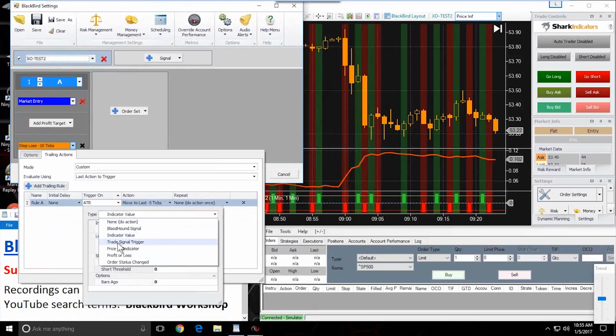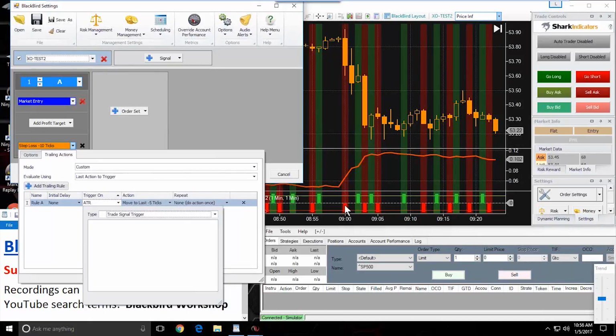So we're talking about the trade signal trigger here, right? The Bloodhound signals that are on here, those are the trade signals. Let's say right here where my cursor is. Actually, let's take a look at the short at 9 a.m. So we get a trade trigger there,